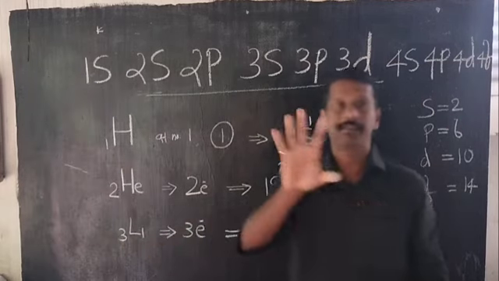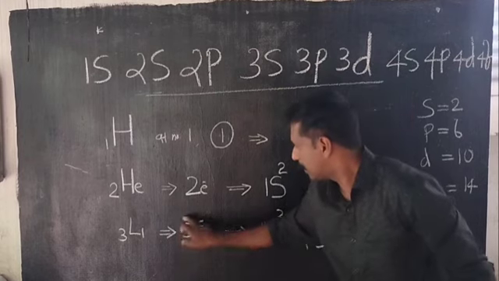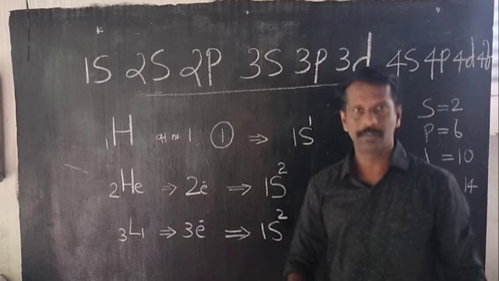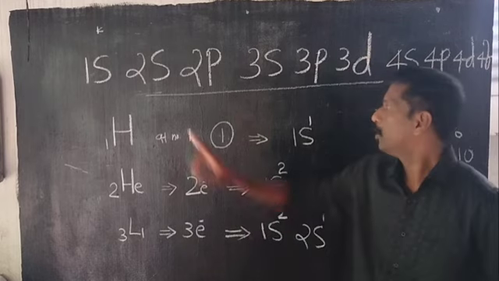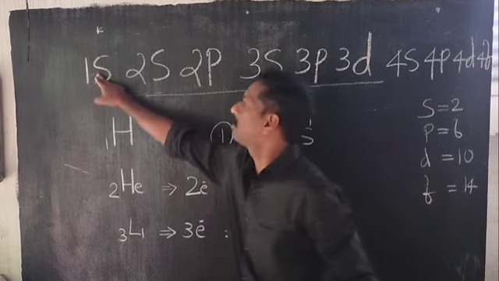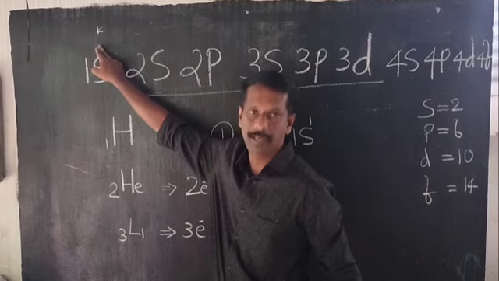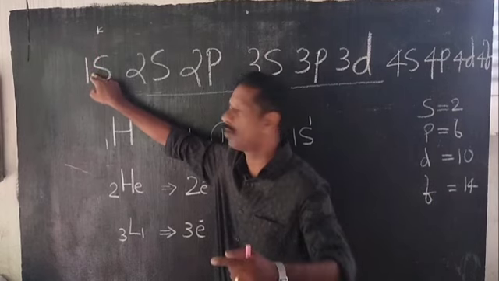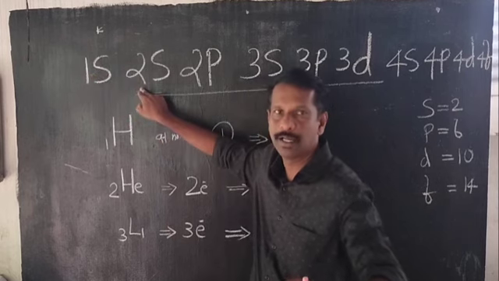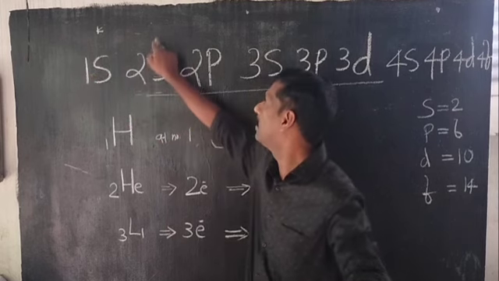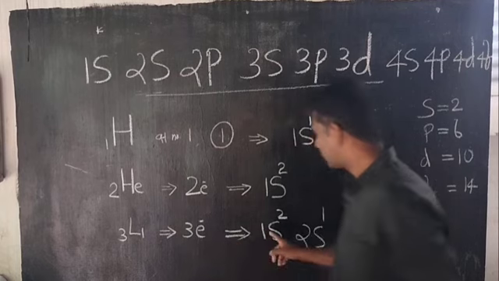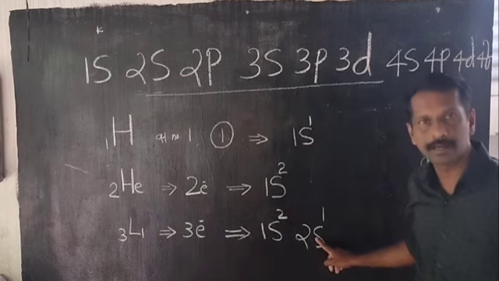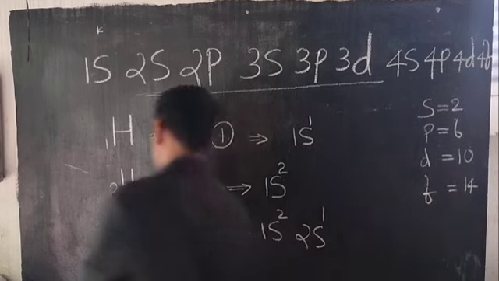So look at it here. Lithium atomic number 3. 3 means the lithium atom has 3 electrons. Out of 3 electrons, 2 will go to the first subshell, 1s2. Clear? 1s2. The third electron will go to the next subshell, that is 2s, and 2s1. So the electronic configuration is 1s2, 2s1. Clear? And if you go to the next element,